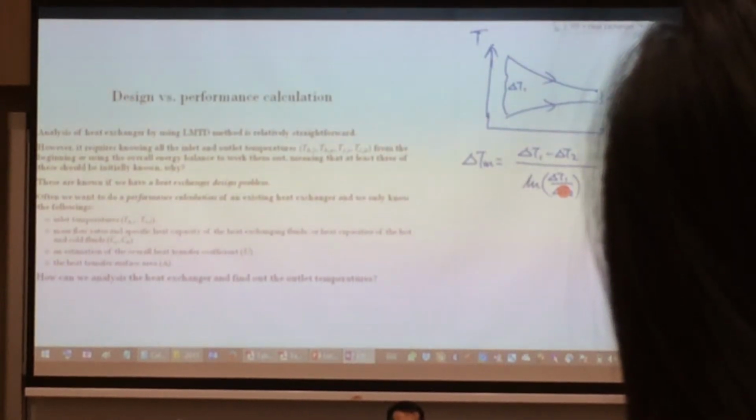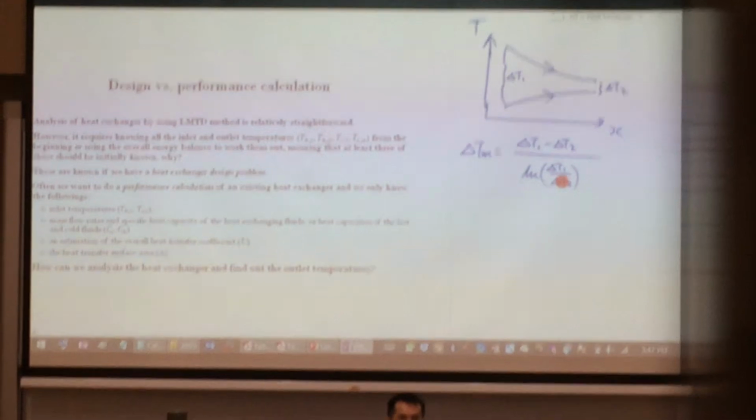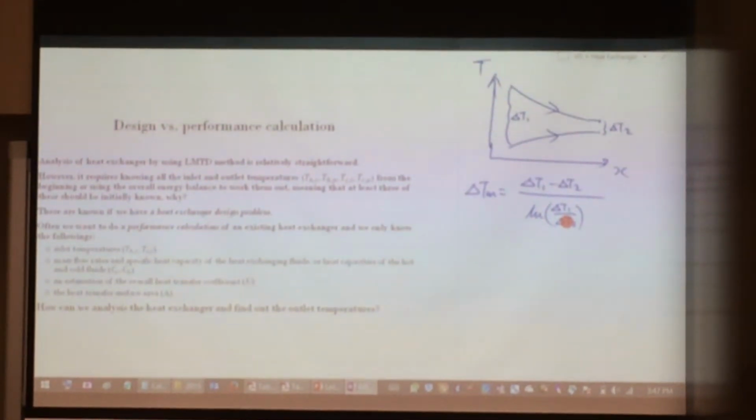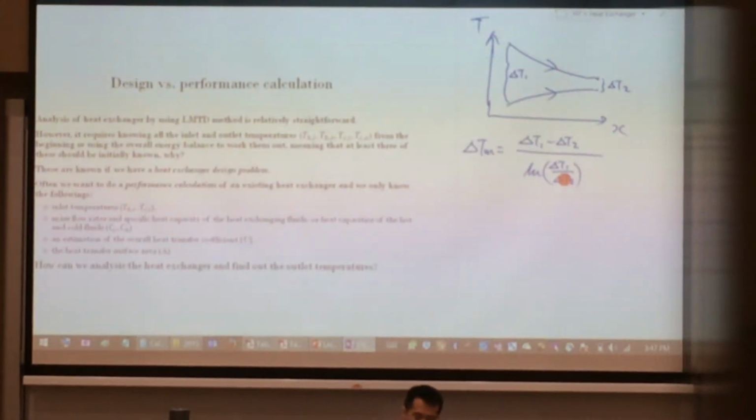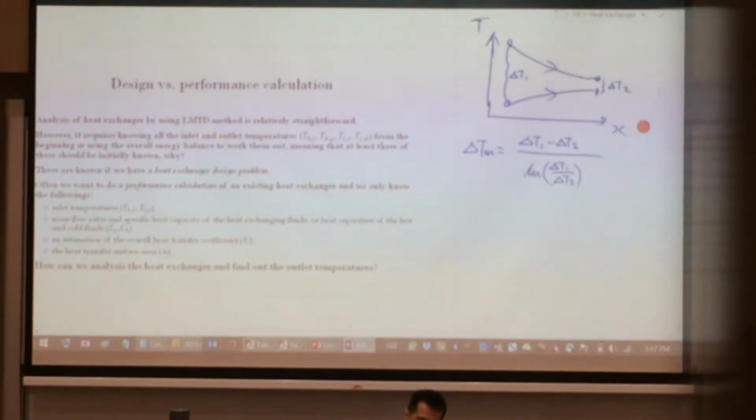If you're not given at least two of them, that means you're given two, but not the other two. So it can be any of these two. There are 1, 2, 3, 4 inlet and outlet temperatures. If any two are not given, usually it's kind of like one over here and the other one over there that's not given. If you're given 3, it's still okay. Yeah? If you're given 3, you can find out the third temperature. You can find it out using the expression,